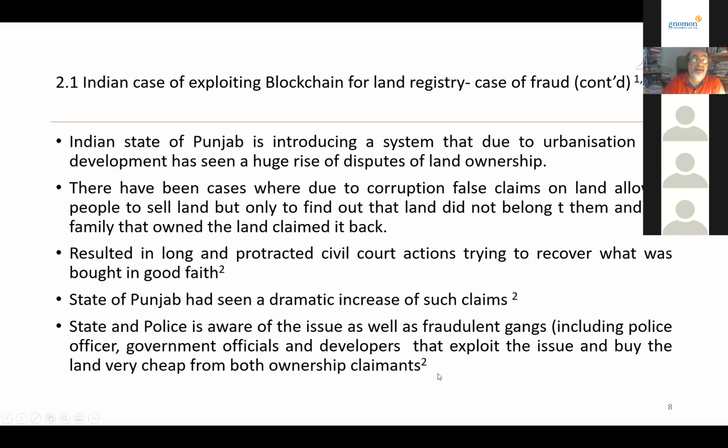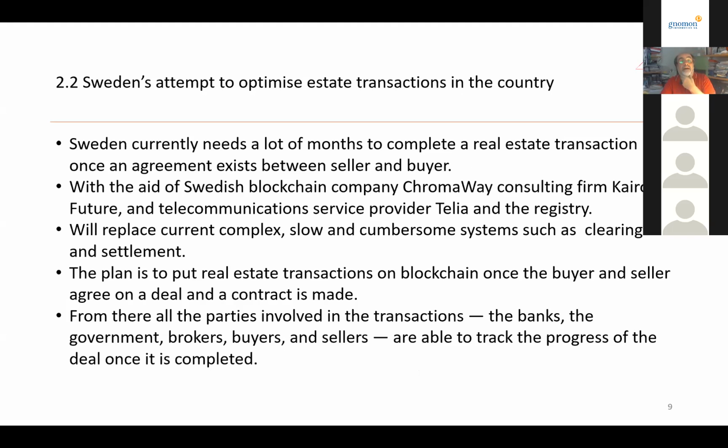Okay, so the next thing is Sweden. Sweden has implemented this in their land registries with the aid of a company called Chromaway and Kairos Future, and through the telecommunication service provider Telia and the registry, and all these partners have come together to provide this solution because